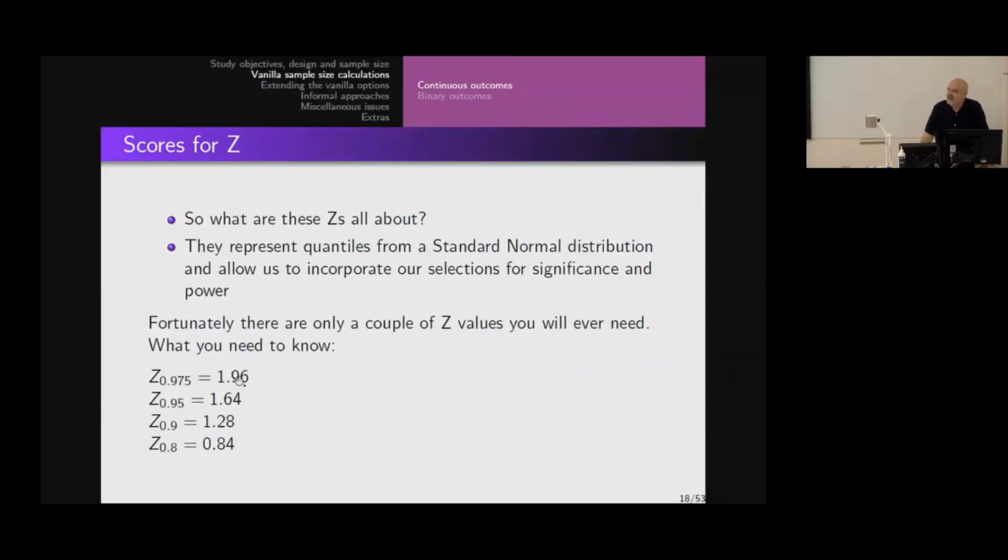This one you will use all the time. That's where that 2 standard deviations from the mean rule comes from. It's actually not 2, it's 1.96. So for Z 1 minus alpha over 2, we almost always use 1.96. If we want 90% power, we would use 1.28. If we want 80% power, we'd use 0.84. So really those 3 numbers are the ones you'll generally use. Sometimes if we only do a one-tailed test, we may use this number here too. But generally, those 4 numbers are all you're ever going to need.